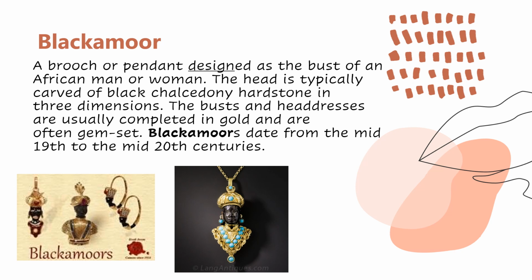Blackamoor, a brooch or pendant designed as the bust of an African man or woman. The head is typically carved of black chalcedony, hard stone, in 3 dimensions. The bust and headdresses are usually completed in gold and are often gem set. Blackamoors date from the mid-19th to the mid-20th centuries. Such pieces were made as a cameo or as an ornament in the round